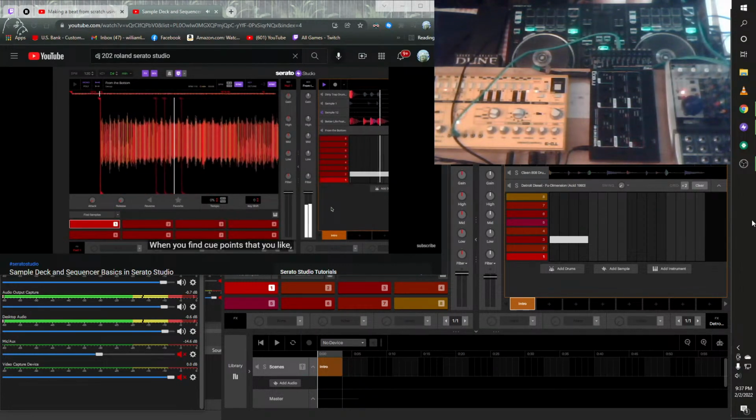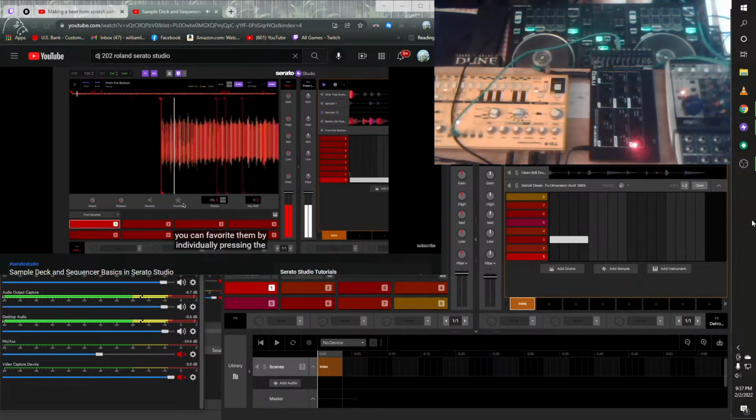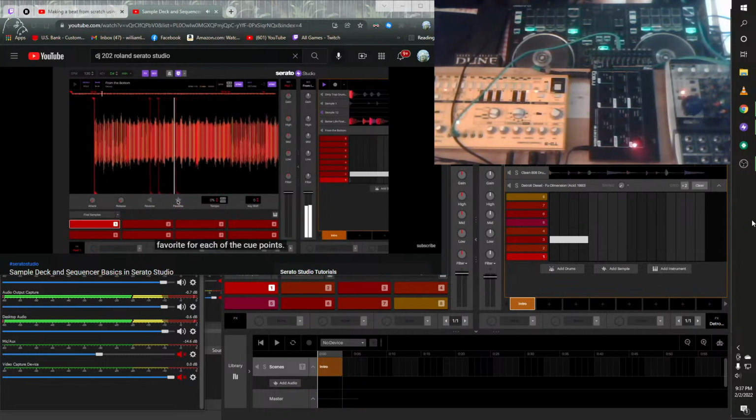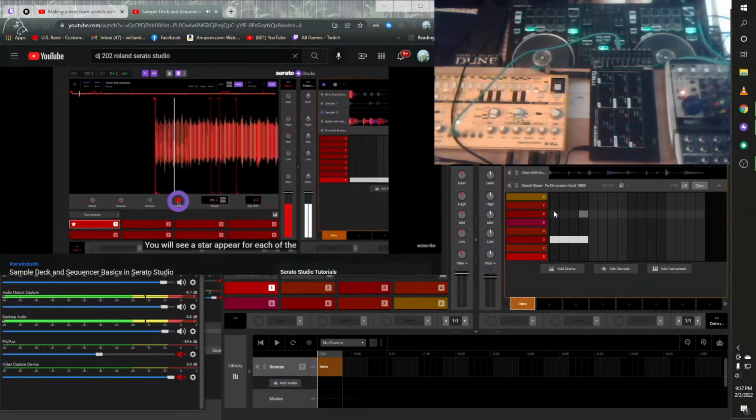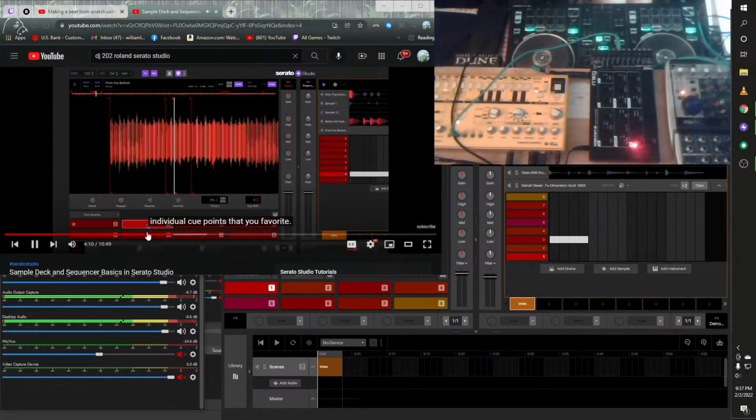If you find cue points that you like, you can favorite them by individually pressing the favorite for each of the cue points. You will see a star appear for each of the individual cue points that you favorite. If you press Find Samples,